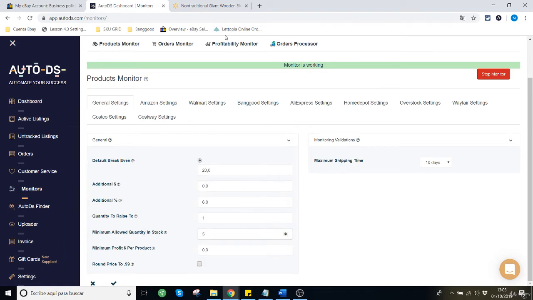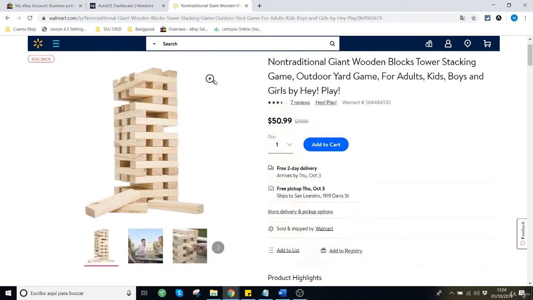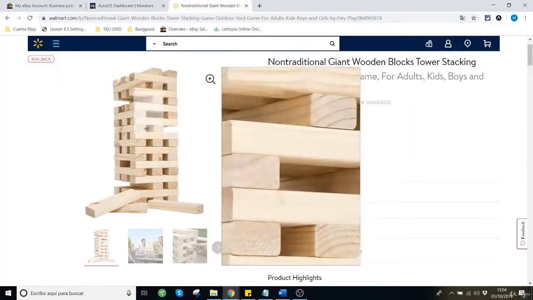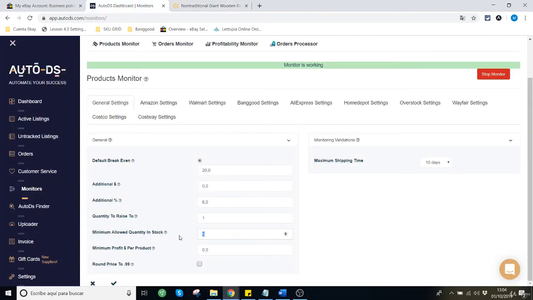So if the item we are trying to list only has 3 or 4 in stock, AutoDS is going to ignore it and treat it as out of stock. Even if it lists the item on your eBay shop, it will mark it as out of stock until the stock of the item goes over 5.